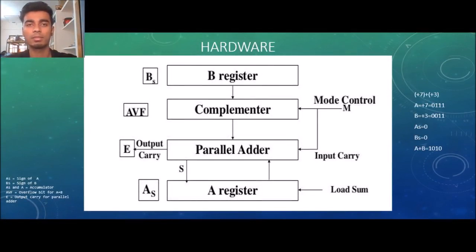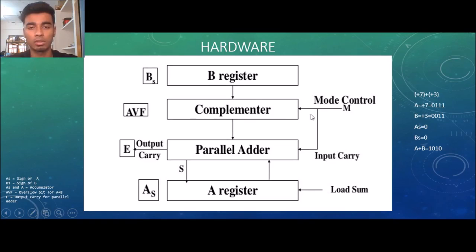Now let's look at some examples. In this example we have taken plus 7 and plus 3. So A is plus 7, it can be written as 0 1 1 1, and B, which is plus 3, can be written as 0 0 1 1. So the sign bit of A is 0 and the sign bit of B is 0. In this case A XOR B will be 0, therefore M is 0 and input carry will be 0, so the